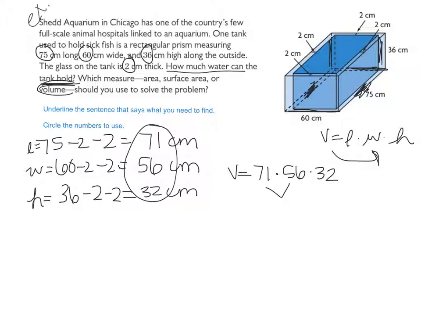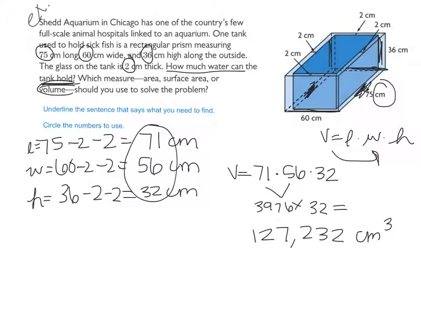It's 3,976 times 32. I'm going to do that one on the calculator too. Gives me, hopefully you got the same answer, 127,232. 127,232 centimeters cubed. That's what I love about technology, is that now we can be sure that this is the